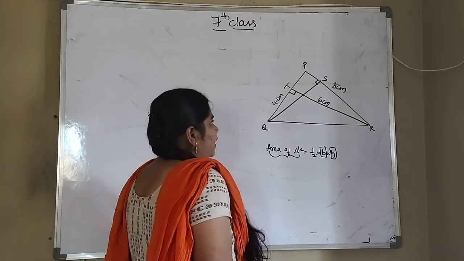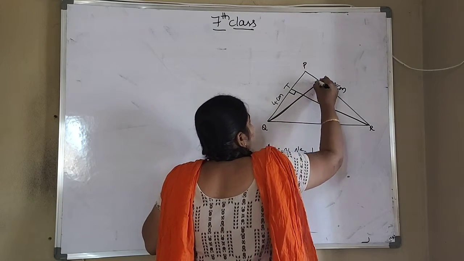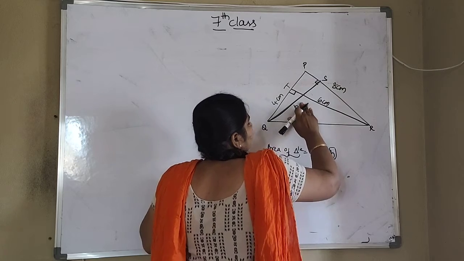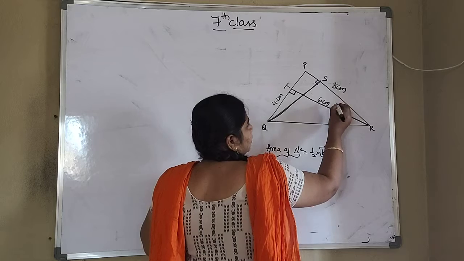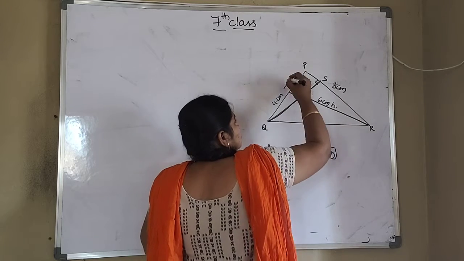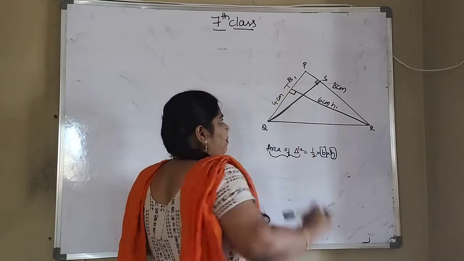Okay, so if you take this figure, this QS value they didn't give. Sorry, I am taking this first, you see this. They have given the RT value as 6 centimeters. So this is height 1. And for this height, this is a base. So this is B1 I am taking. So here you have the height value as well as the base value.